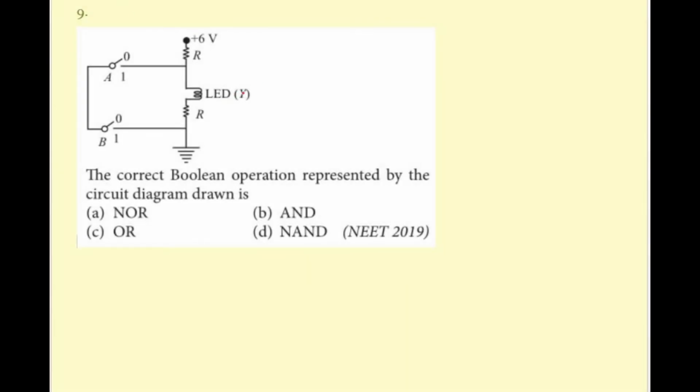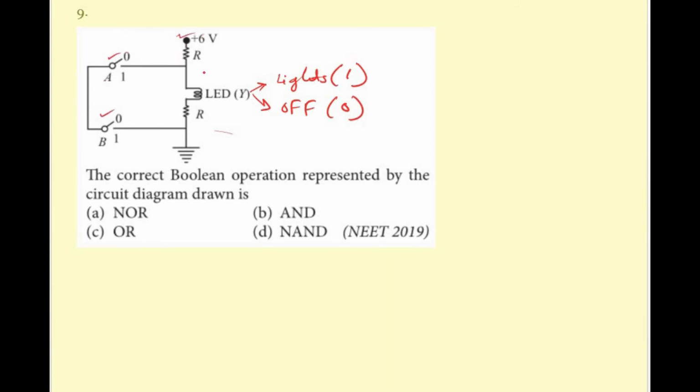Here is an LED bulb which is our output, and this question has asked which will be our circuit diagram or the boolean expression for this circuit. So LED is our output. If LED is on, that is it lights up, it will be on condition, and if it is off, it is 0 condition. And here there are two switches.